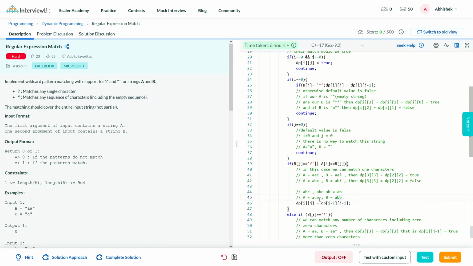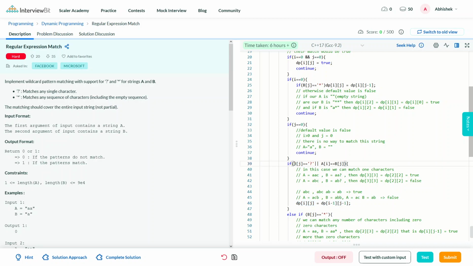So our ith character, that is b, and our jth character match in this case. So what we are saying is return the value in which we are matching. A is equal to ac and b is equal to ab. So in this case ac is not equal to ab, so we will just return false in this case, and true in this case, which is already calculated in our for loop earlier. So yeah, this is for if our character matches, dp[i][j] is equal to dp[i-1][j-1].